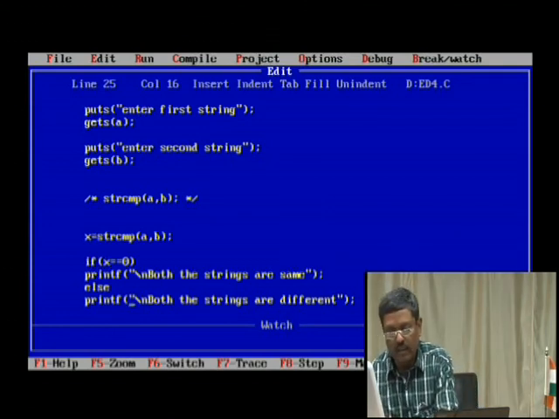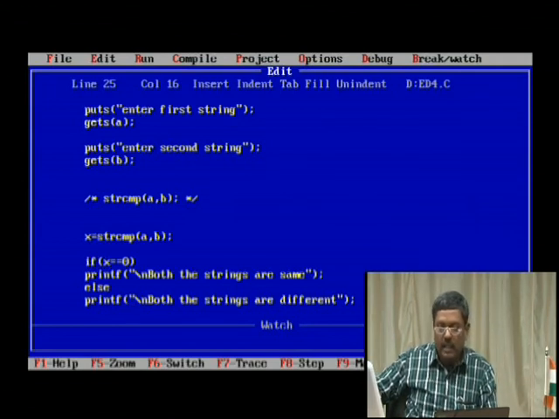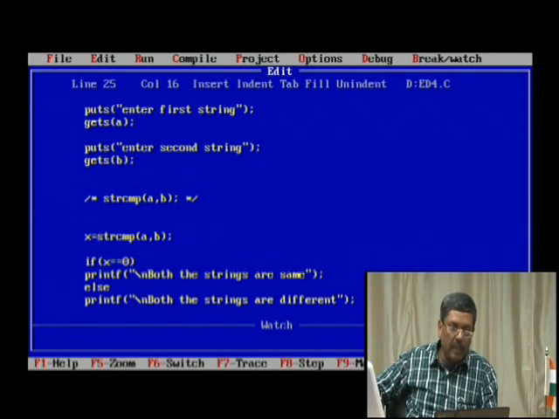Anyway, there are other very simple functions which may be completed within I think 10 minutes in the next class. I am going to take up how to convert a string into upper case if it is in lower case, or vice versa, and how to reverse a given string, and how to find a particular character in a string, or even how to find a particular substring inside a string. All such things are also possible. At the same time, we can also tell whether a string is a palindrome or not, like that.